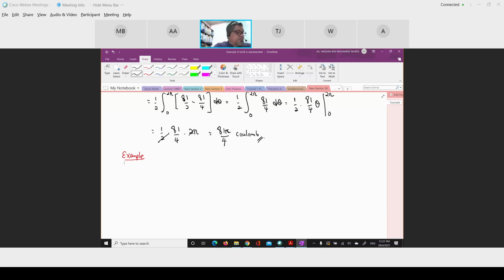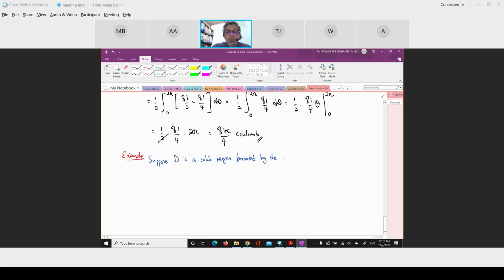For example, suppose, okay, let's do one more example and then we stop. Suppose D is a solid bounded